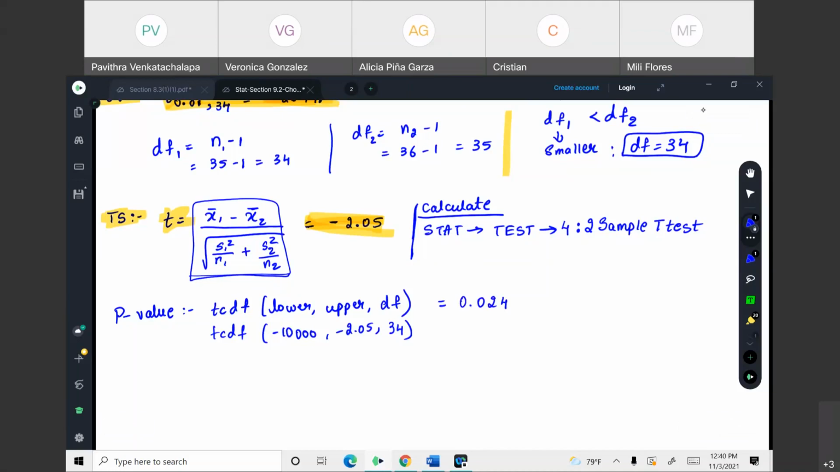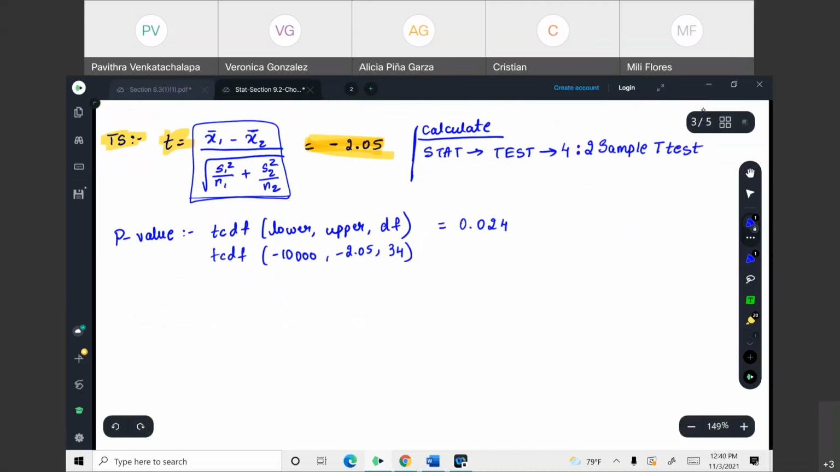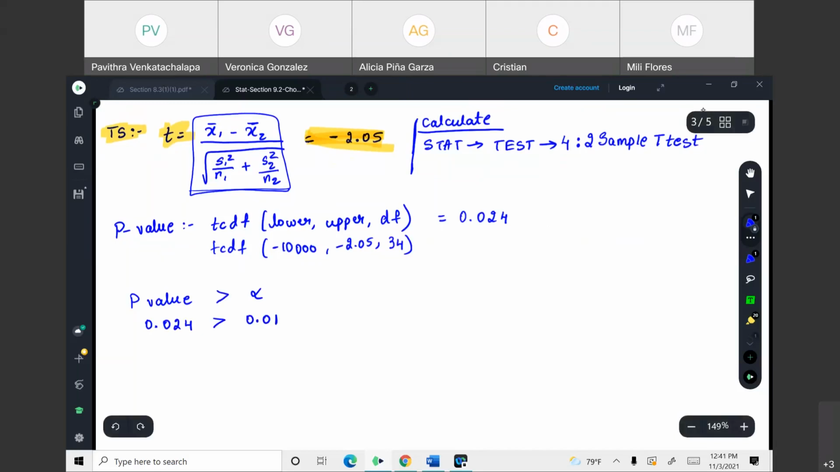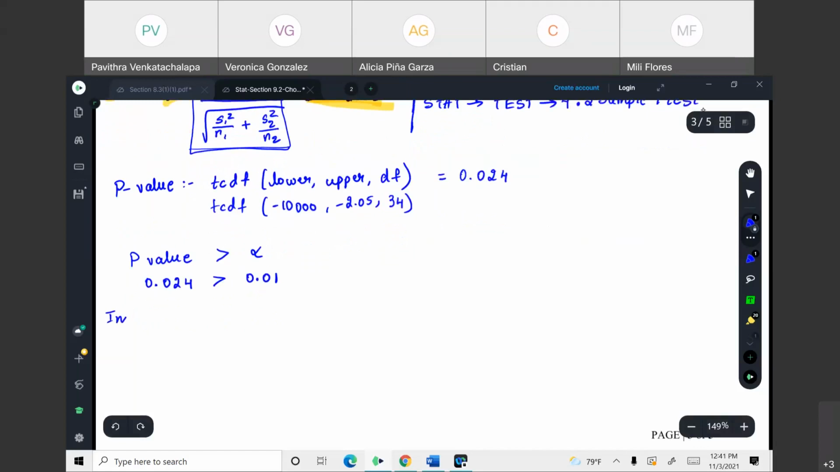Okay. Now, once you get your p-value, you're just going to compare p-value with alpha. Now you get p as 0.024 and alpha is 0.01. That's given in your problem. Now 0.02 is greater than 0.01. So p-value is greater than alpha. And then you make your initial conclusion here. Since it is greater than, you say fail to reject